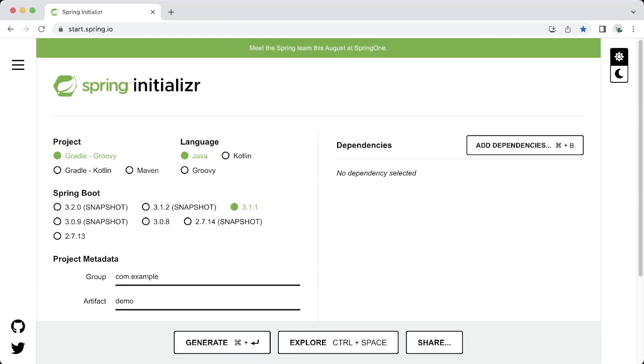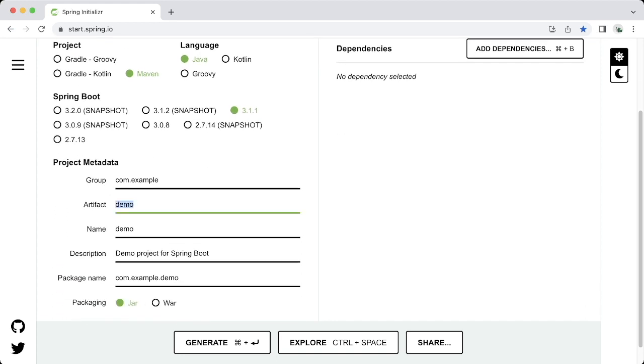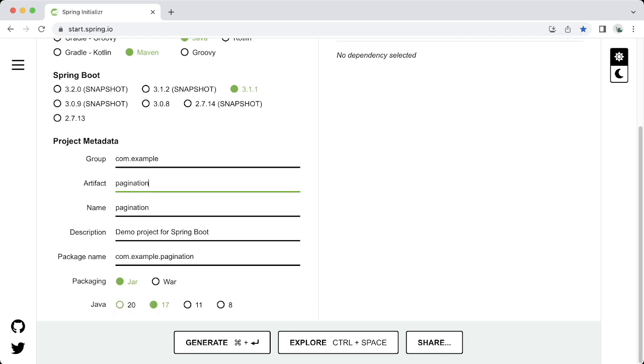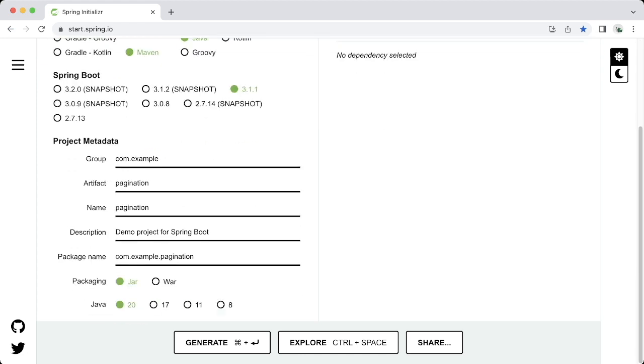First, we will use Spring Initializr to create a new Spring Boot project. We choose Maven. Language we choose Java. Spring Boot version we choose 3.1.1. Project metadata is up to you, but we will give it a name, Pagination. Packaging we choose Jar. Java version we choose 20, but it's up to you what version of Java is installed on your